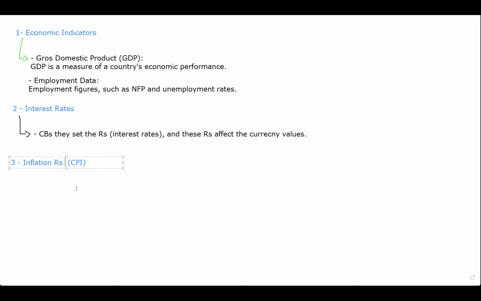CPI is higher than inflation rate. There's more influence on the market. Inflation erodes the purchasing power of a currency, and traders, doing the macro analysis, they assess the inflation rates to understand how